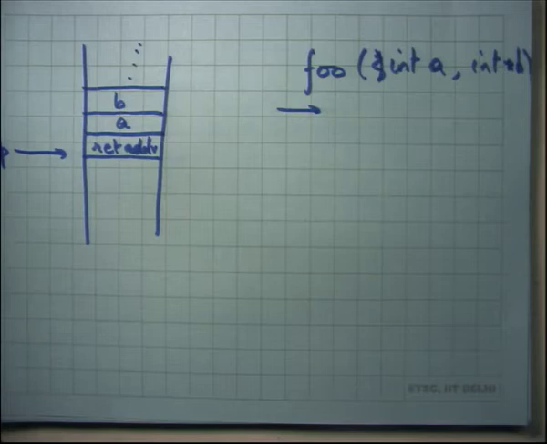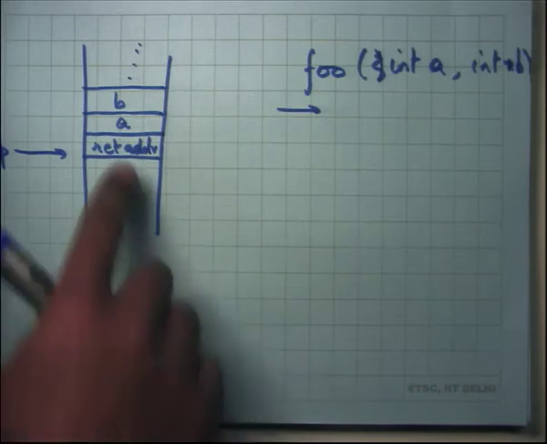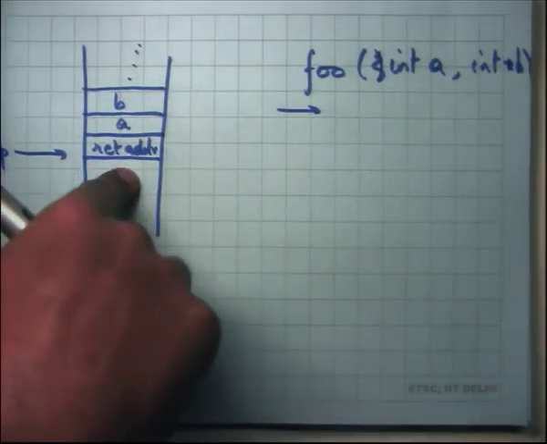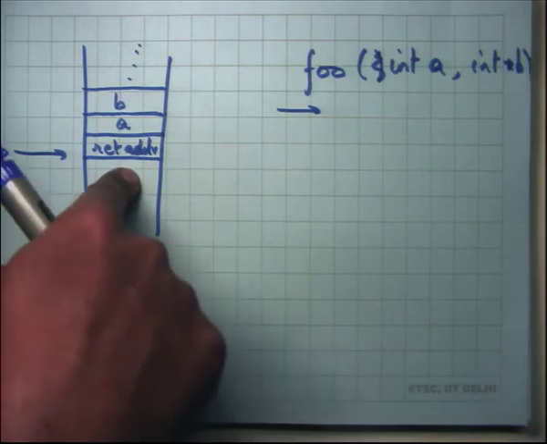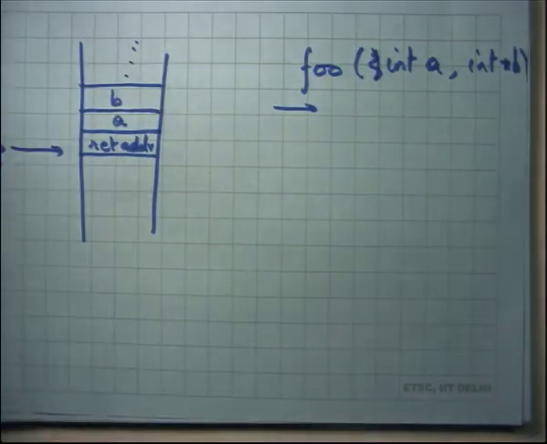That's what most compilers will use. When a function starts, it can assume the following things about the stack layout: the return address is at ESP, the first argument is at ESP plus 4, and all the subsequent arguments are above it. So it's the responsibility of the caller to set up the stack in such a way before it calls the function.